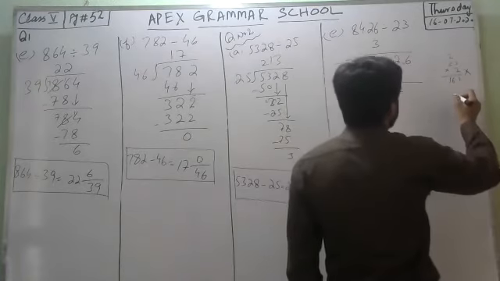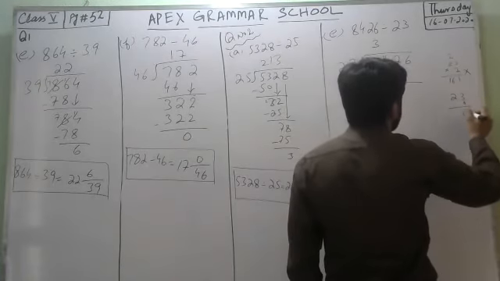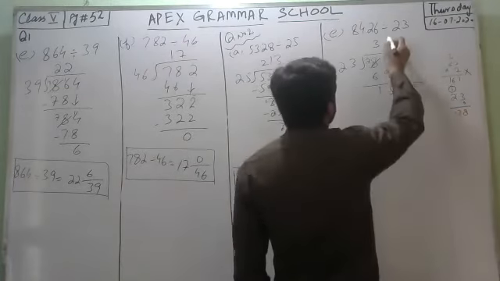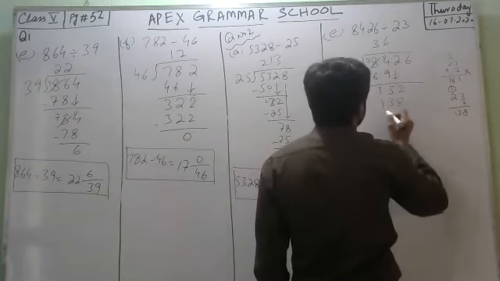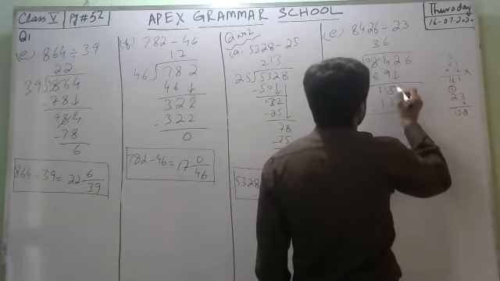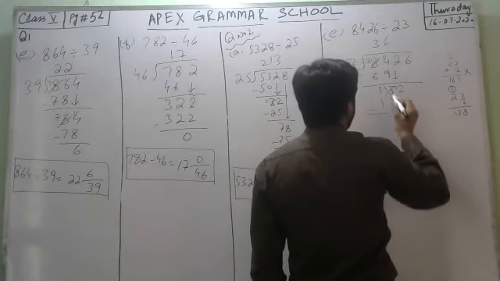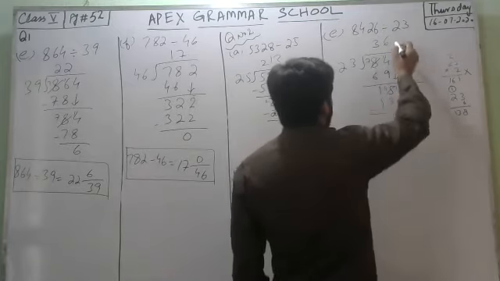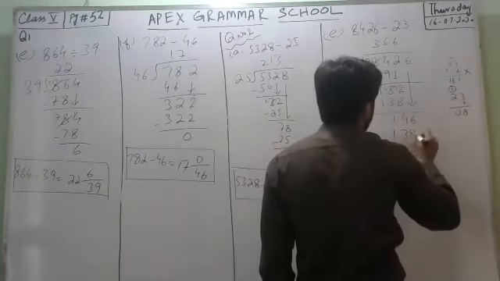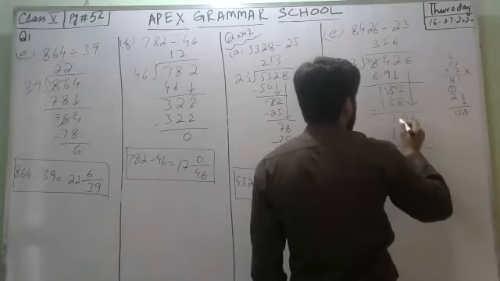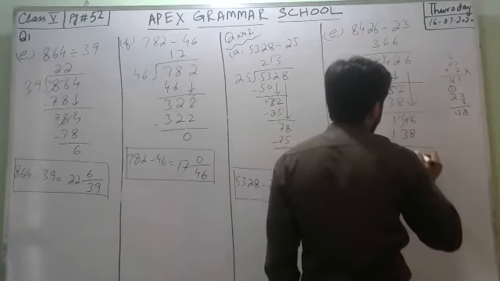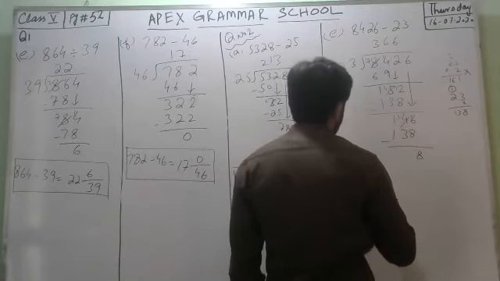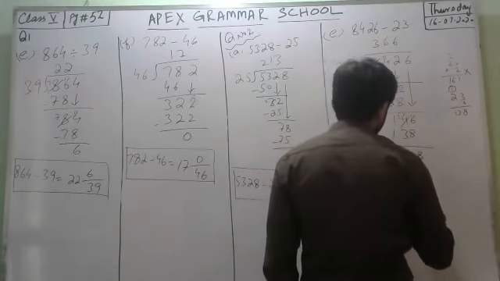Now we have to move towards 6. 23 into 6 is 138. 12 minus 8 is 4. 4 minus 3 is 1. 6 will come down. Once again, 23 sixes are 138. 16 minus 8 is 8 and 3 minus 3 is 0. 1 minus 1 is 0. So 8426 divided by 23 equals to